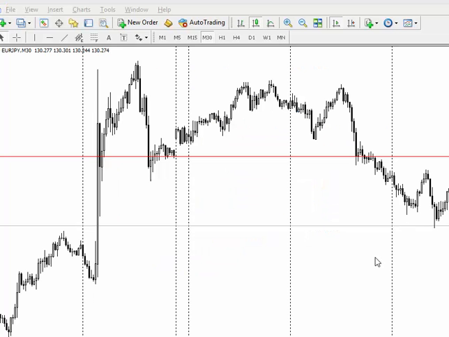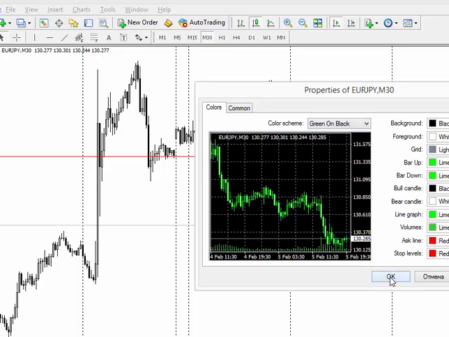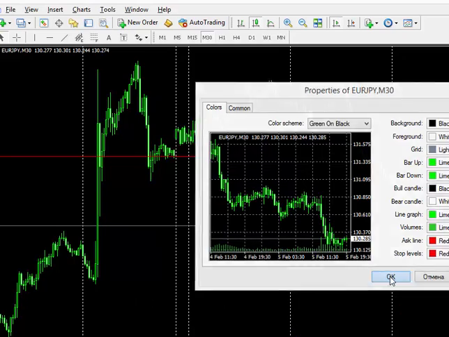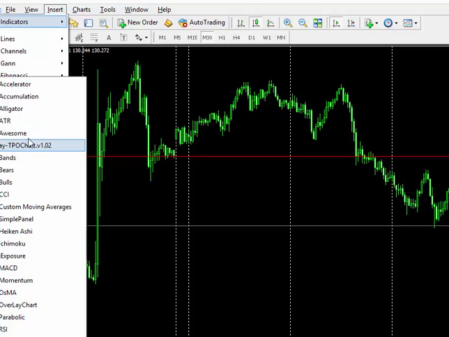Now I'll explain to you how to install the TPO chart indicator in your MT4 trading platform. You will find all necessary links below this video. You will be able to download the indicator and install it in your trading platform. Then you have to set a black background. For example, you can choose green or black. Then you go to indicators, custom, choose AY TPO chart version